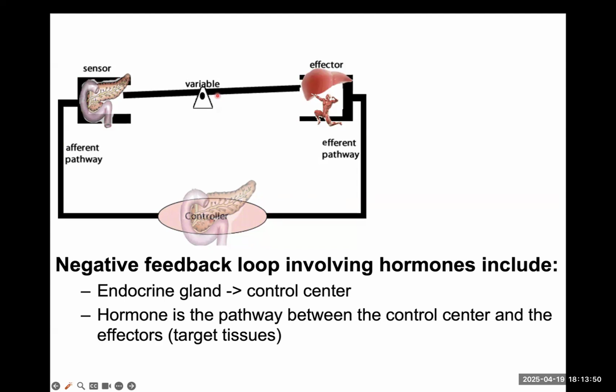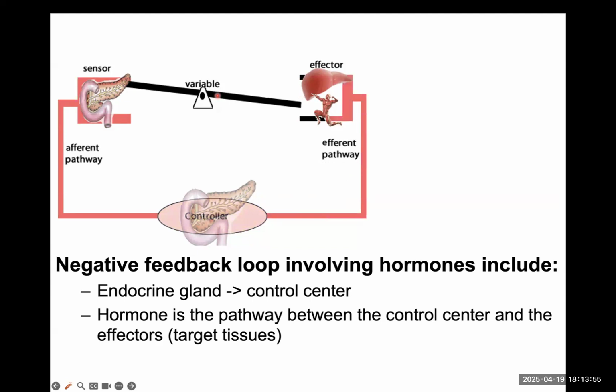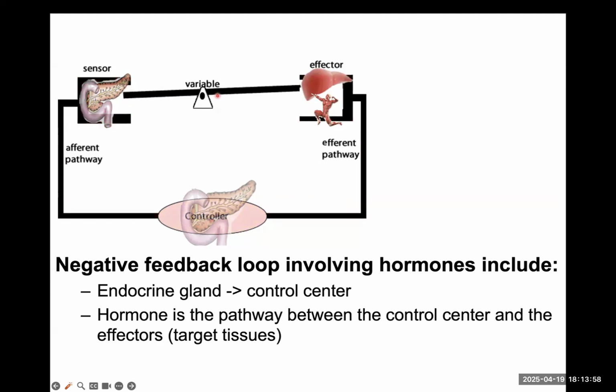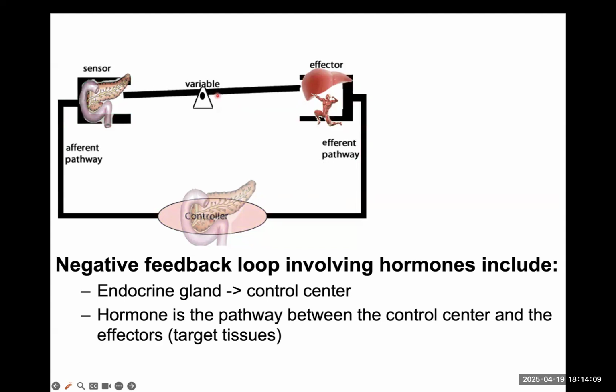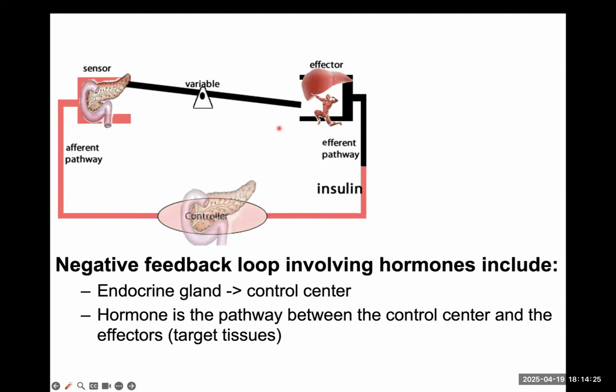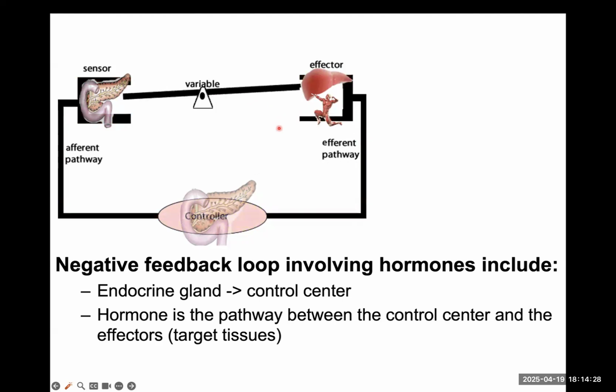Now you're seeing that it's going to go down because the blood sugar is being lowered, or absorbed, by the liver. And that's why it's called a negative feedback loop. You're producing a hormone called insulin, and the insulin is going to go to the liver. When it goes to the liver, it causes the seesaw to go down, and more insulin is being produced further. It gets pushed, so it's going to go even down if there's more insulin being produced. So the whole purpose is to lower the blood sugar. Once the blood sugar gets lowered, the seesaw evens out and it stops.